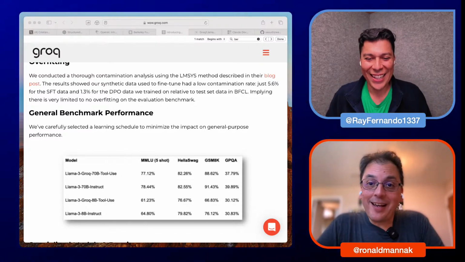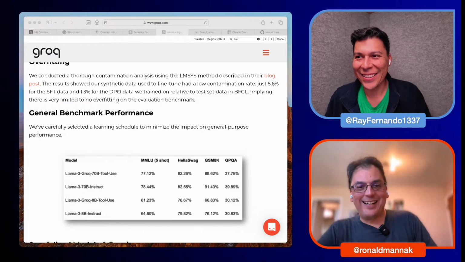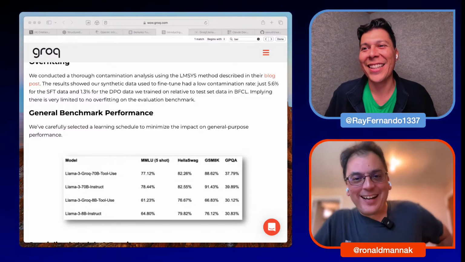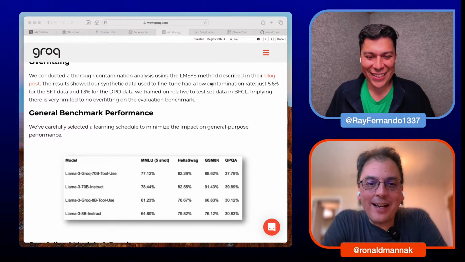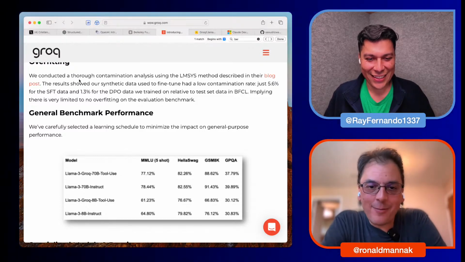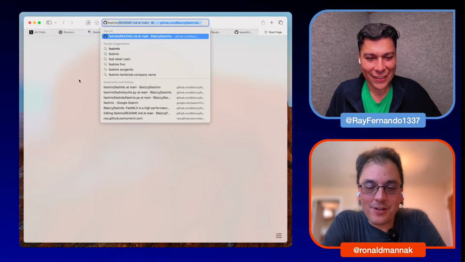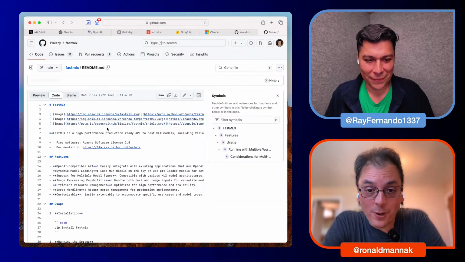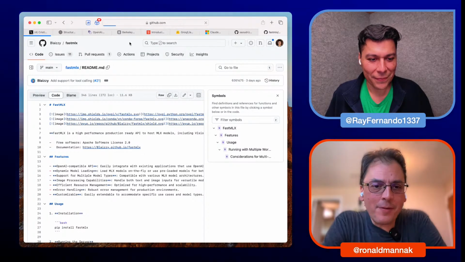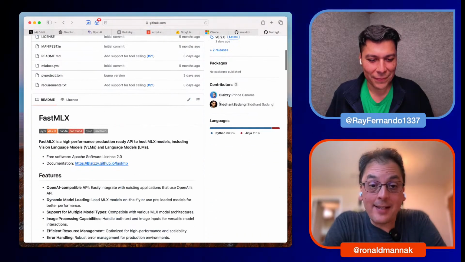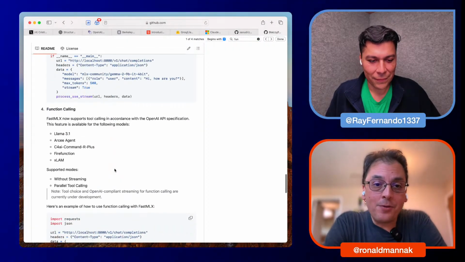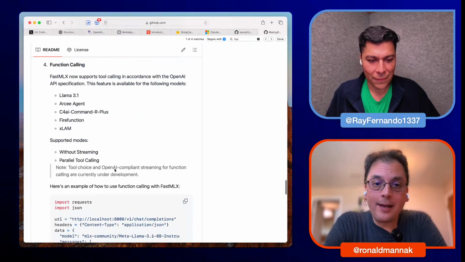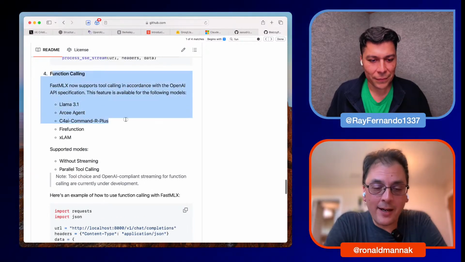We actually just got a text message from Prince. Yo, breaking news. Function calling is already part of FastMLX 0.2.0, so it's already working. What's really neat about FastMLX is that it's basically a local web server on your computer that uses the same API as OpenAI.